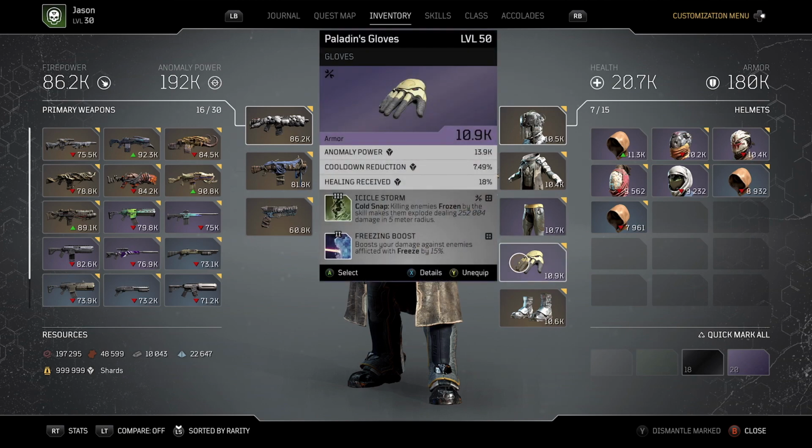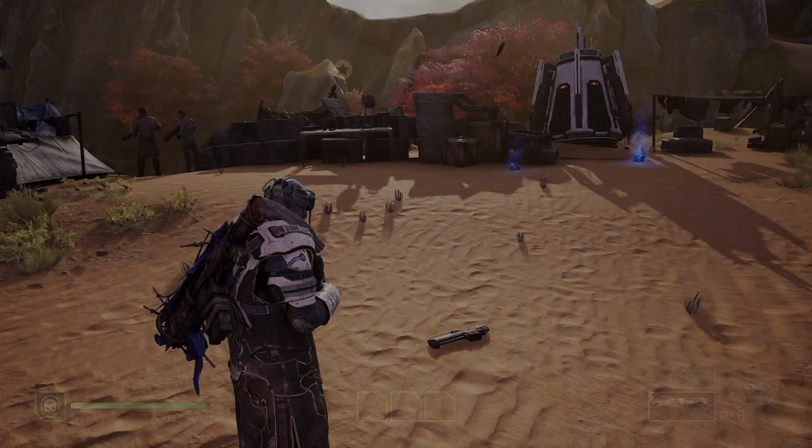This talent is called Icicle Storm with Cold Snap. Killing enemies frozen by the skill makes them explode, dealing 250k damage in a 5-meter radius. 5-meter radius. This is why we're stacking this talent, guys. Every time we cold snap